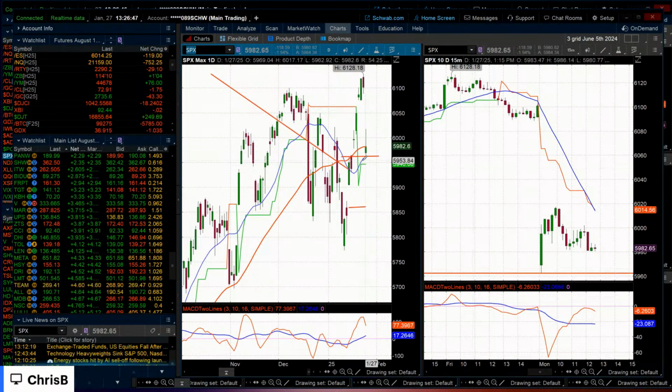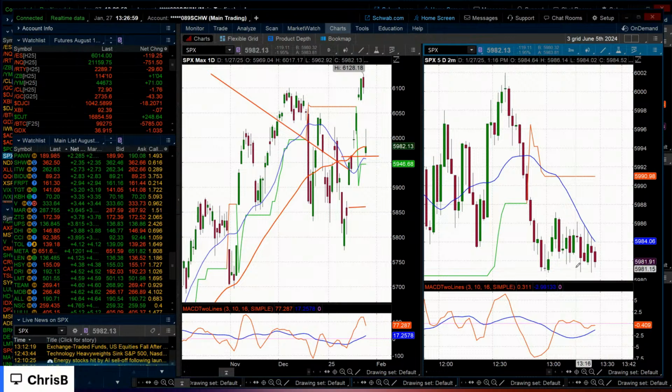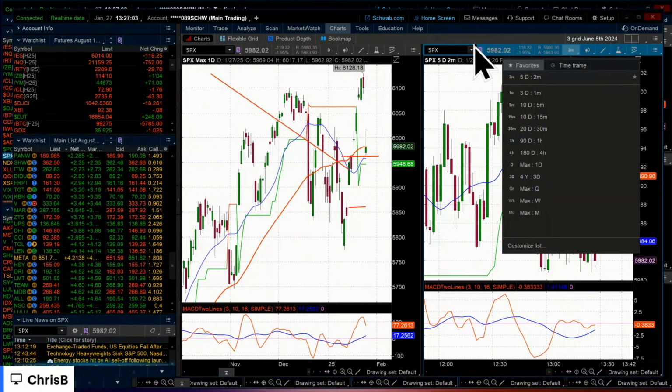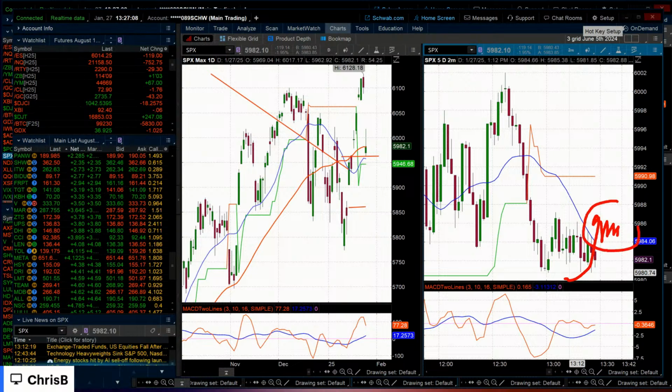Usually after that, well, we're already at support. Now, keep that in mind. If you're buying, though, you better see some follow through to the upside. And that can be a 2-minute. I don't see it. See this? That doesn't look anything bullish. Usually the turn includes a sharp move, short term, that gets overbought and then does that.